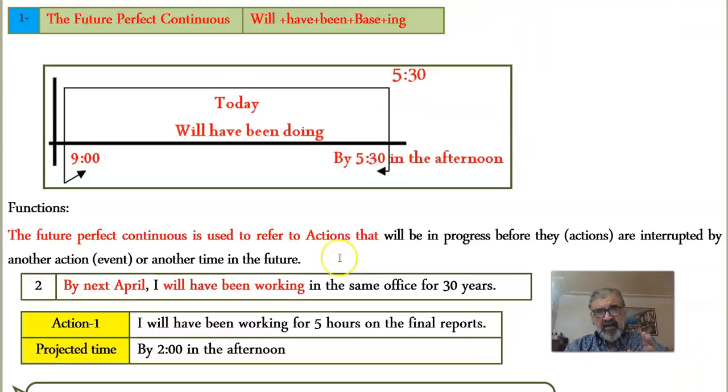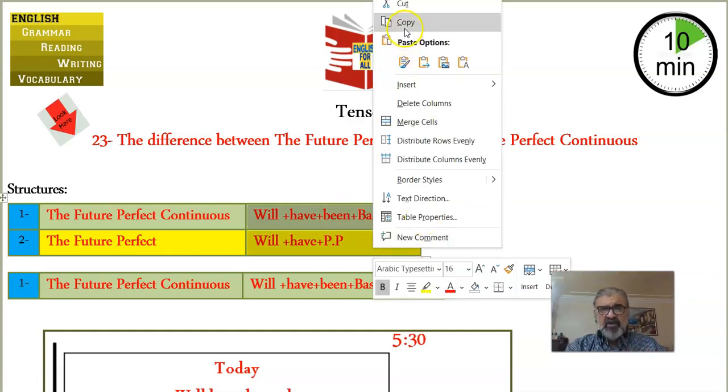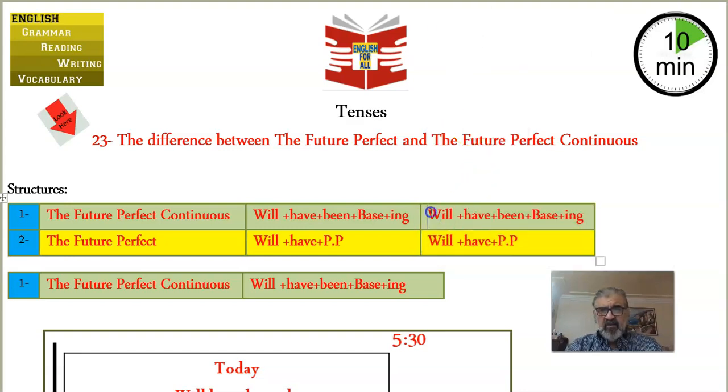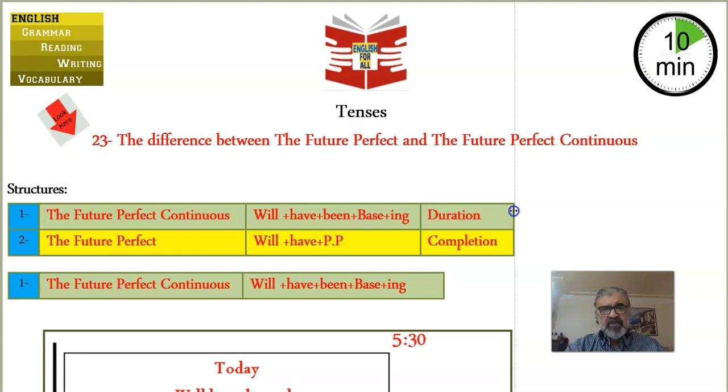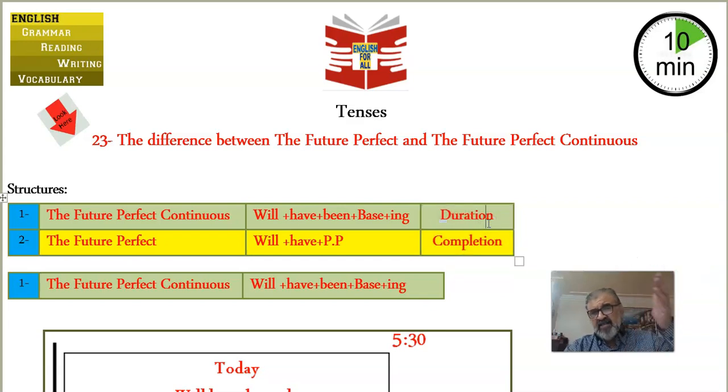So let's just sum up what we have just said. The future perfect continuous means what? Let me see if I can do this right now. Okay, now let's do it together. Now, future perfect continuous has to have something called duration. Okay? While future perfect has to do with something called completion of the verb. So again, whenever you think about duration, always use the future perfect continuous. But if you think about a completed action at a certain time in the future,